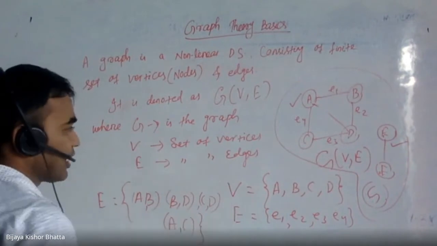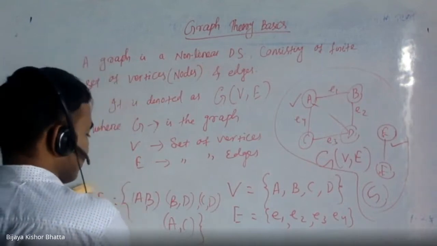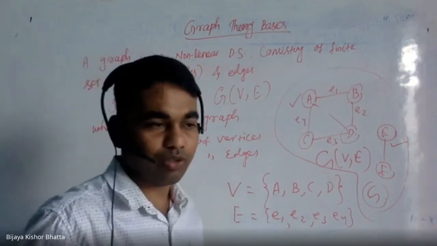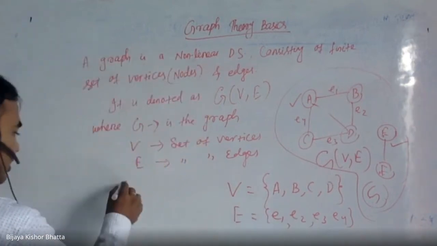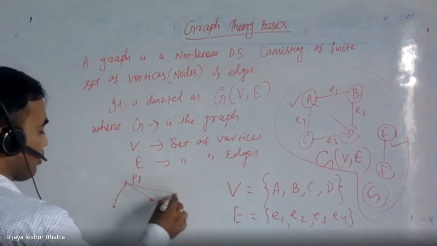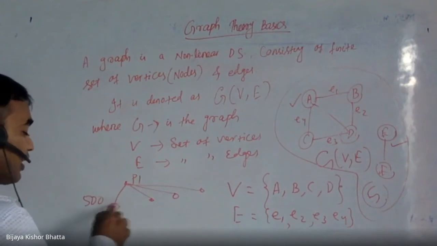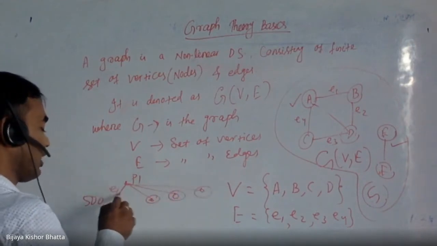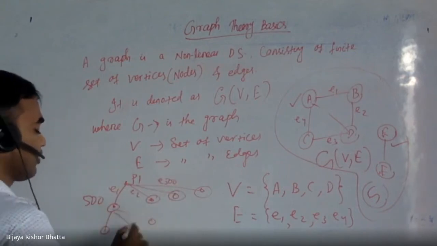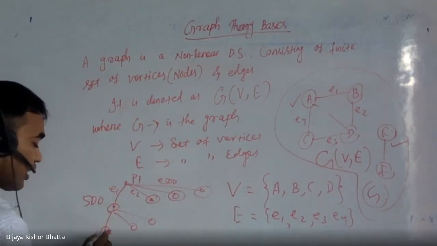So now, what are the applications? There are a number of applications, like I told. Facebook uses this hierarchy of friends. Suppose you are person P1, and you have 500 friends. That means there exist 500 vertices connected to P1, and these are all in the set E1, E2, up to E500. Again, your friend can also have 100 vertices, and it can happen that your friend's friend is also your friend.